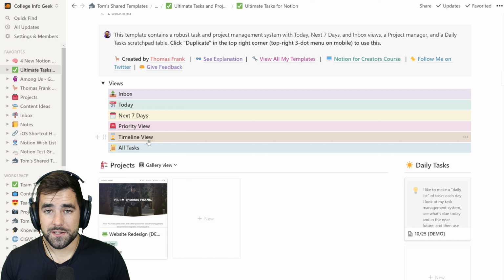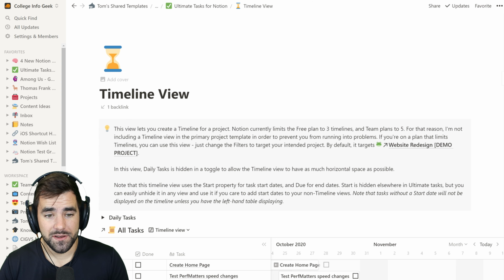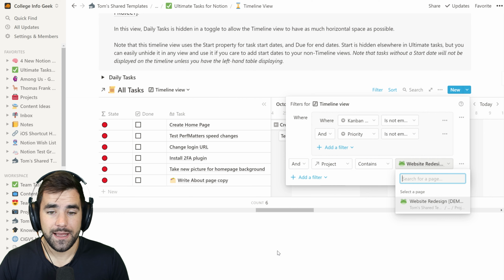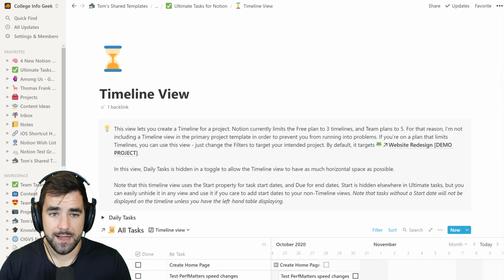And again, the reason I did this is because the people on the free plan are limited to 3 timelines at the present moment. So instead of building it into the project template, I've just created a view where you can come in and you can simply change your filter criteria to target a different project. And to use up your 3 timelines, you could just duplicate this view a couple of times or duplicate the